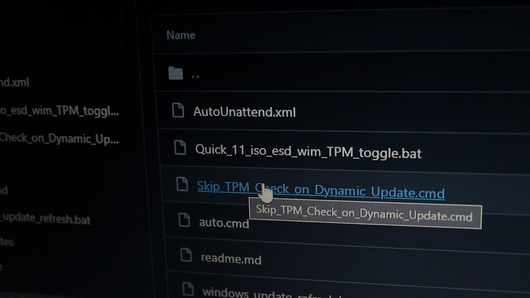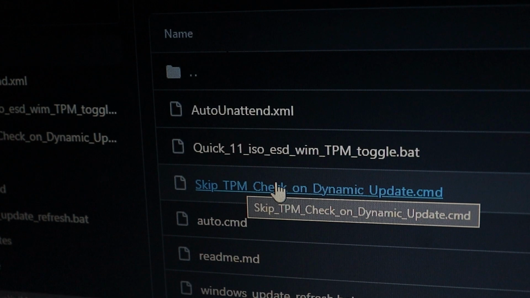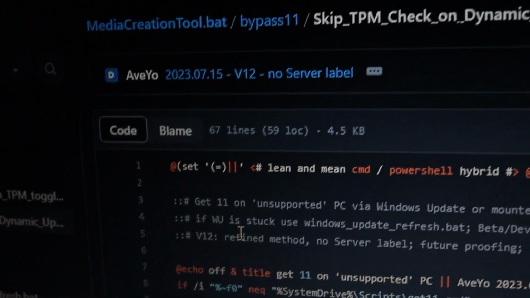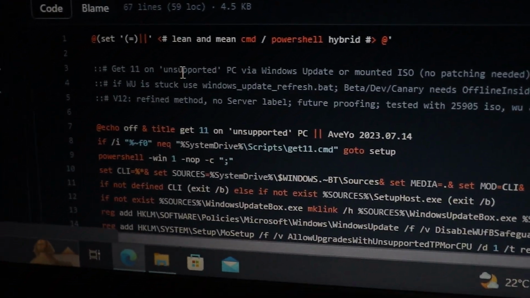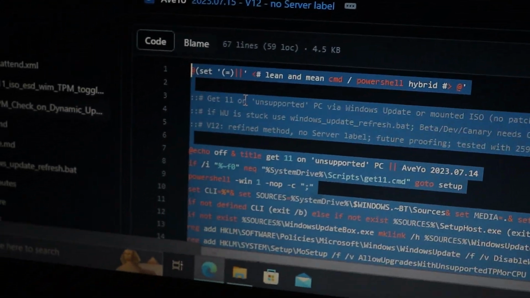In the Bypass 11 folder, you'll find several files. Click on the third one, which is named Skips TPM Check on Dynamic Update.cmd. This is the file that will help us bypass the checks. When you click on the file, it will open in your browser with a code. Copy the entire code